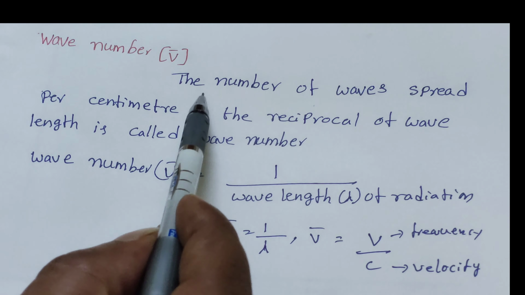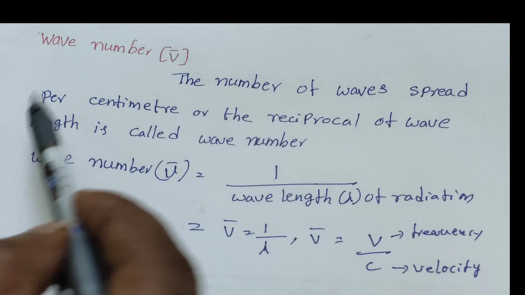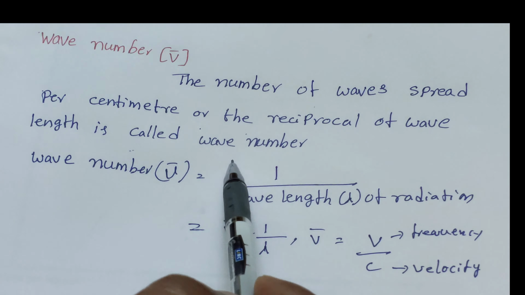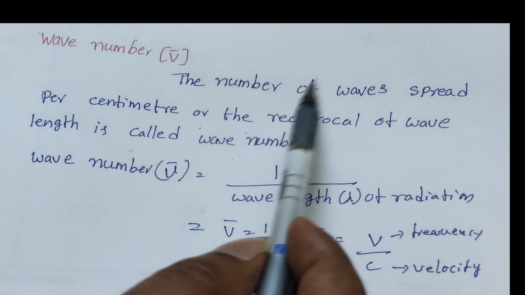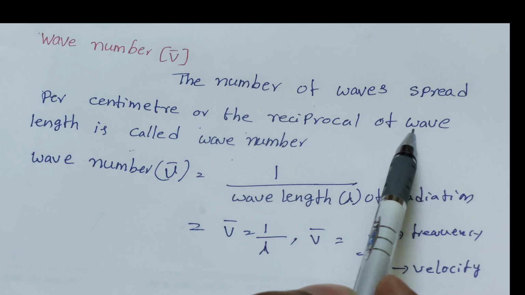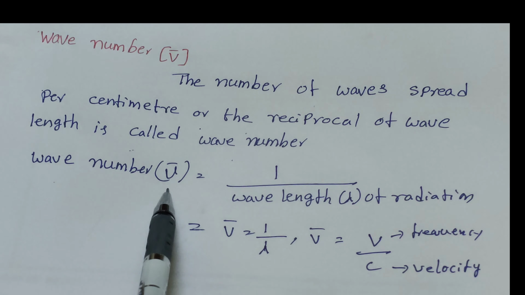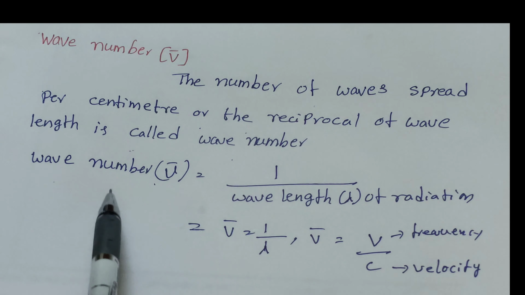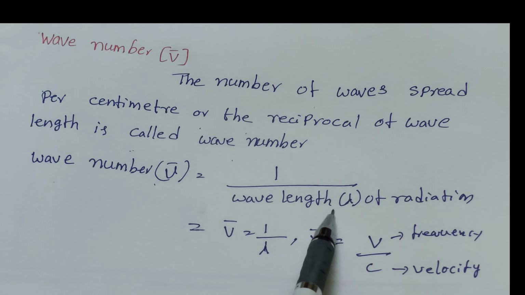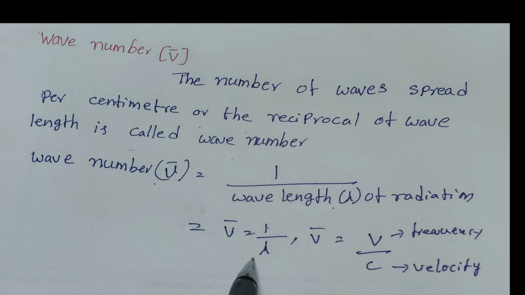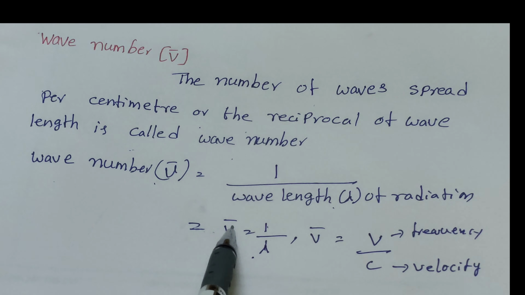So wave number is nothing but the number of waves spread per centimeter, or the reciprocal of the wavelength, is called the wave number. So wave number is indicated by ν bar, that is equal to 1 by the wavelength λ of a radiation. Now ν bar is equal to 1 by λ. Wave number is inversely proportional to wavelength, or ν bar equal to frequency